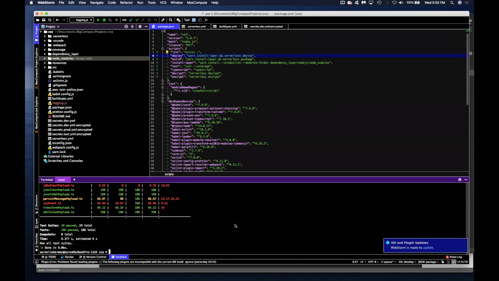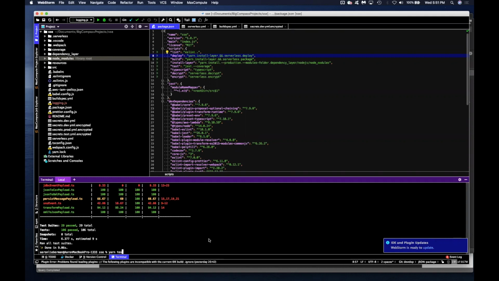The first thing you're going to notice here is that we have some nice scripts stood up with Node.js. So we can deploy really at the push of a button. We can build, we can test, decrypt, encrypt, and we are using serverless, and that's serverless with a capital S as well. Serverless with a capital S, the Serverless Framework, for those of you that are familiar with it, helps us deploy all of those serverless services to AWS.